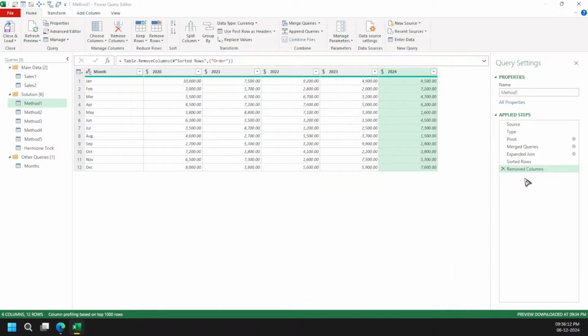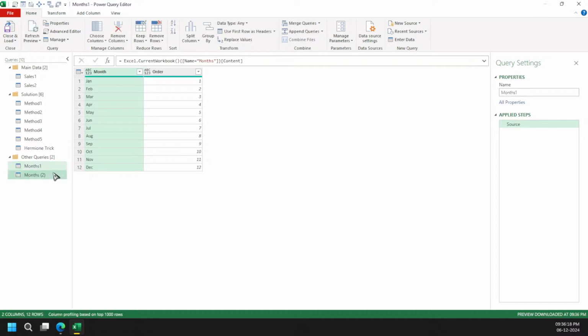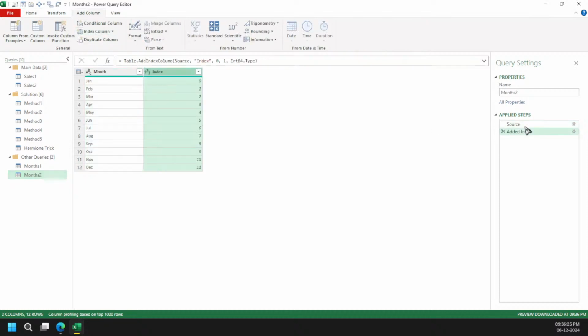Great, we have written it. You can see here we have got one new table. Let's rename it this way so that it will be easier. And then we are going to add column, index column, and that's it.